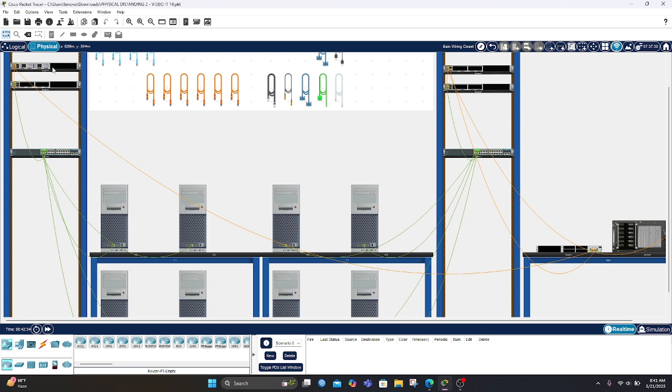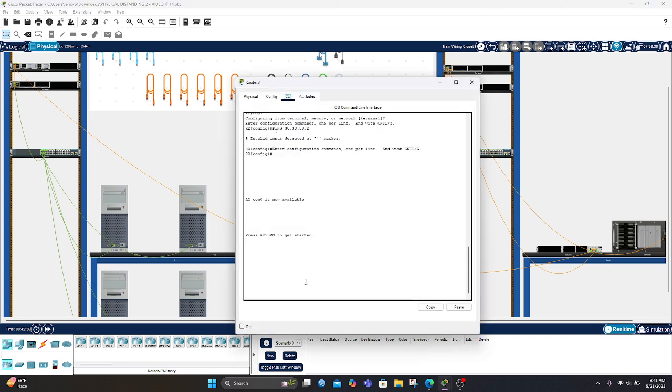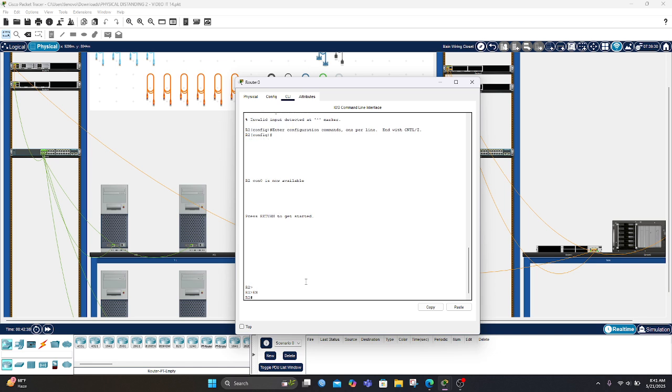So let's go to router 2, the second router, and its configuration. Maybe in here it's just routing configuration. So show run.